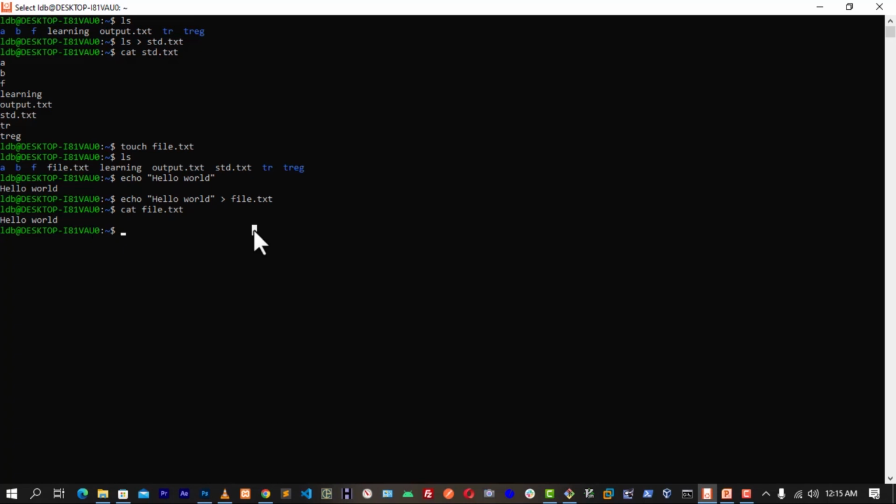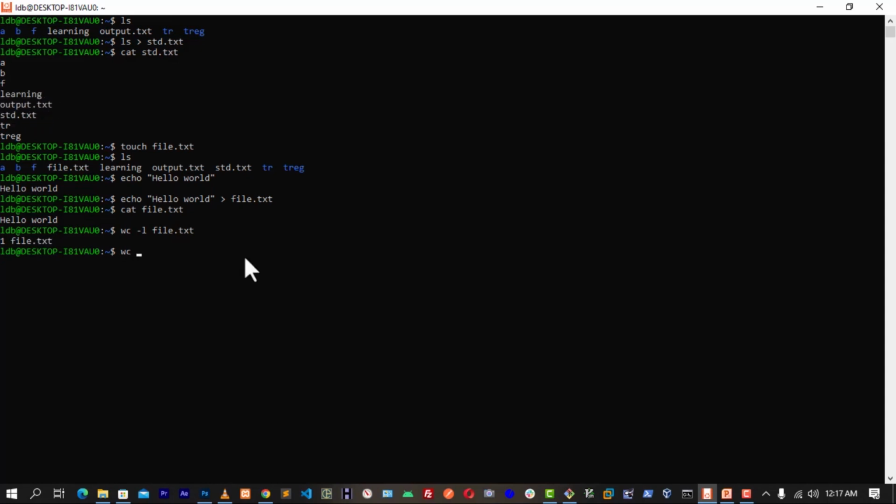Now let us get the length of our file.txt. So now you can see the size or the row that we inserted is just one, which is just this hello world. It occupies one row in this file.txt. So it has one row and it returned the file name. It's actually taking inputs from a file. That is why it shows here. But when you now do something like this,